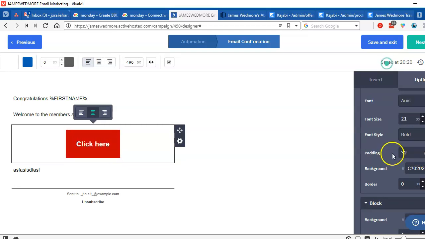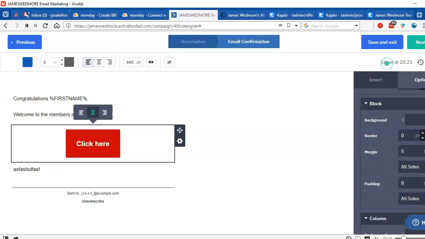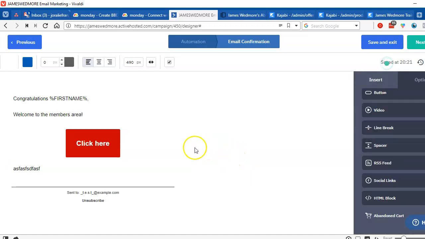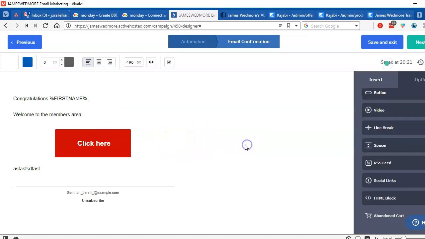You see? So basically that's all there is for the settings for things like this. You can make the button wider by just adding space, like that. Okay, so I think that's all for the formatting of the email. So once that's ready,